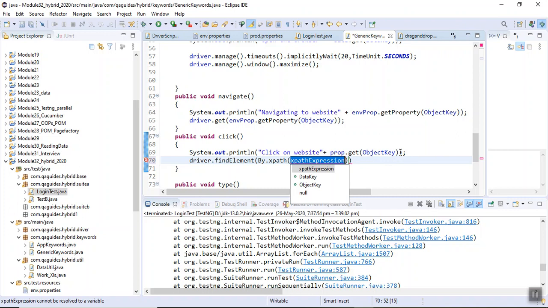I will let you know how we can use different selectors like CSS and others also. Let's go with XPath currently. And I can use the object here.